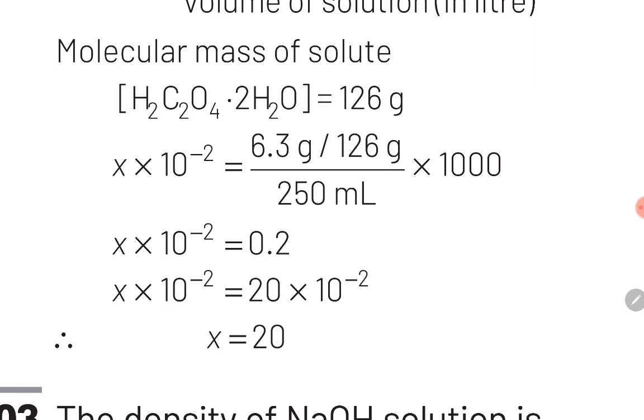of solution in liters. Guys, in this question, volume of solution has been given in milliliters, and if we use the value in milliliters, then we'll have to multiply by 1000 in the numerator. So guys, on substituting this value, we'll obtain the value of molarity as 0.2, which can be written as 20 into 10 raised to minus 2. So guys, the value of x will be equal to 20, which is our final answer. So with this, we have completed this question. Now let's move ahead to the next slide.